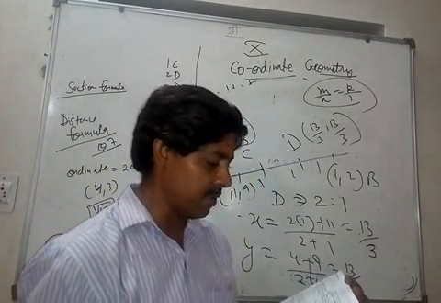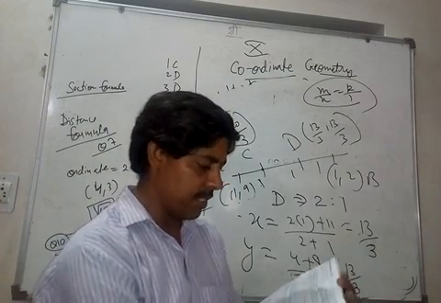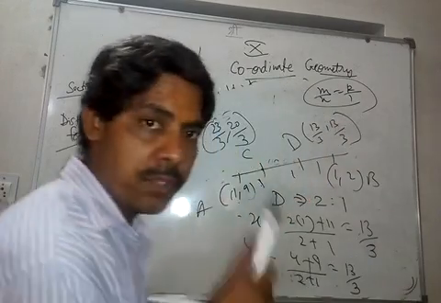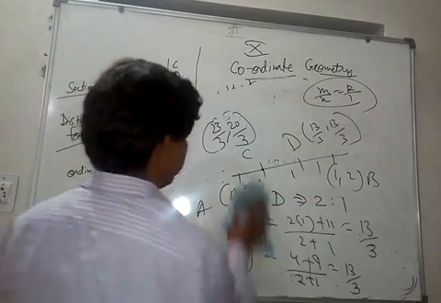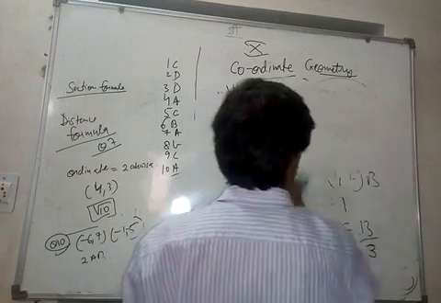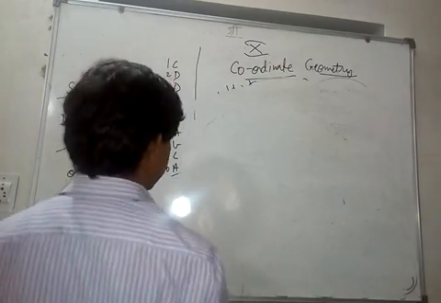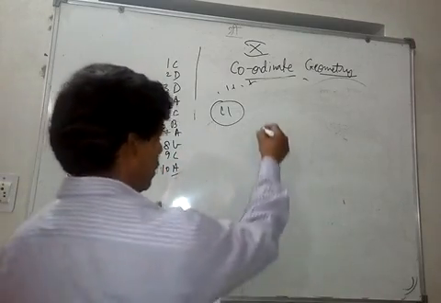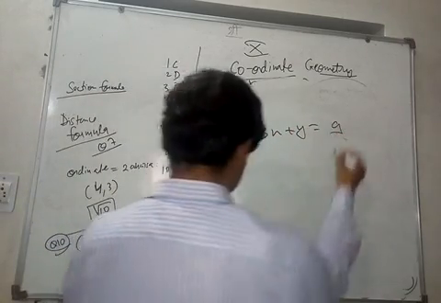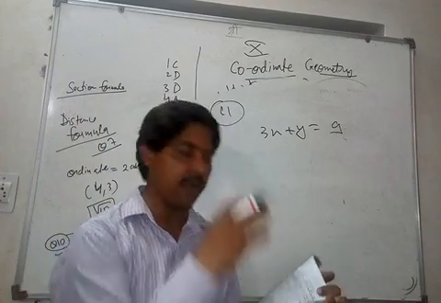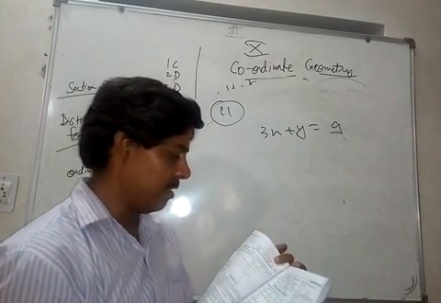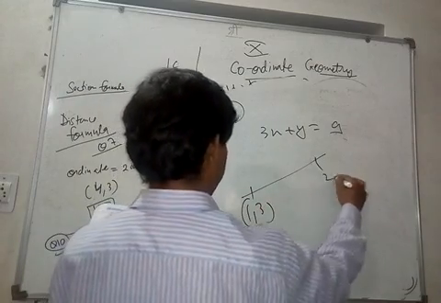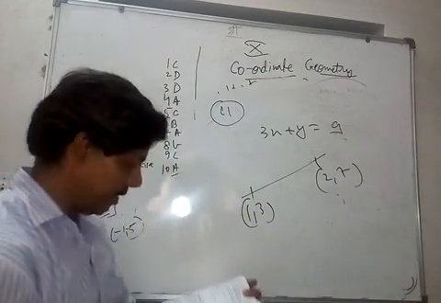And okay, let's do the 11th question also, and then we can complete this exercise at least. Let me give you the hint for the 11th question. It says, find the ratio in which the line 3x plus y is equal to 9. So instead of the x-axis or y-axis, we have a straight line. The straight line divides the line segment which joins the points 1, 3 and 2, 7. So you need to find the ratio.